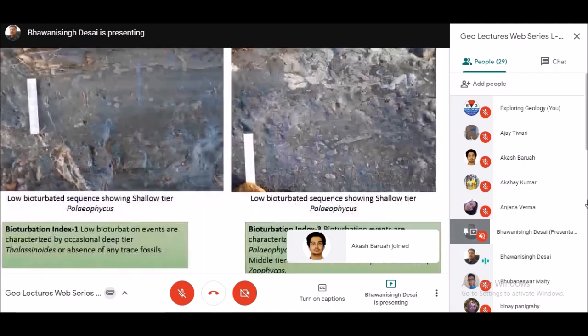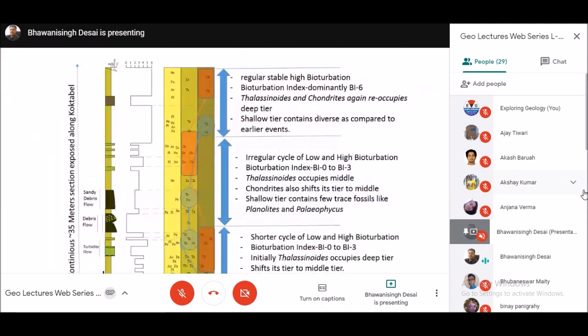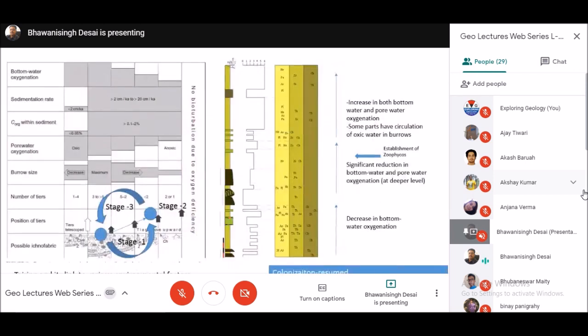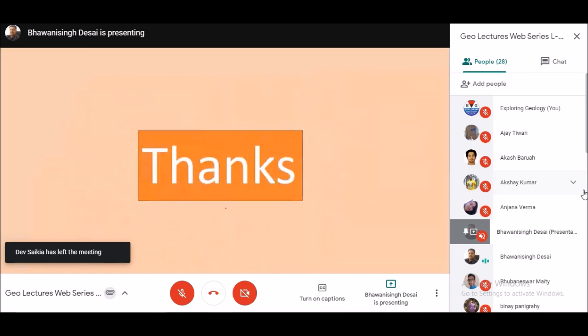And based on this, we can say that there was a lot of cyclic variation in the oxygenation condition and the restriction condition. Oxygenation varied during the back arc process, and then the whole community also got adapted to it. They tried to change or adapt by changing certain parameters, so the whole composition of the community tried to change. So with this, I come to an end, and then we will take up our question answer. So these were three case studies of this.